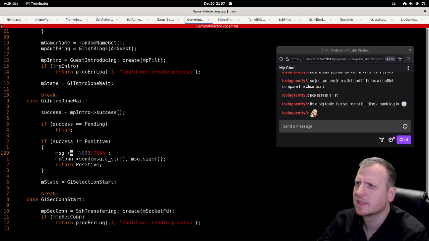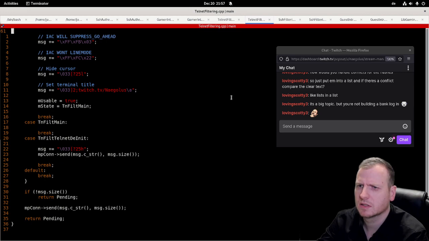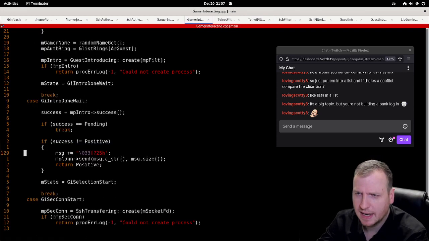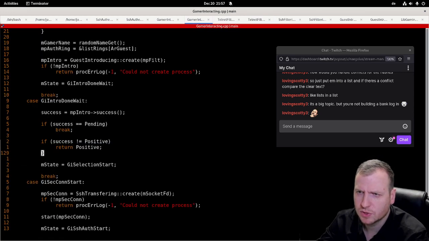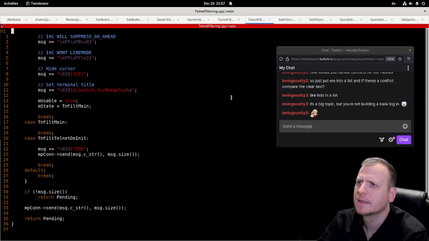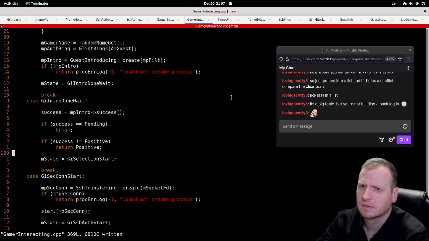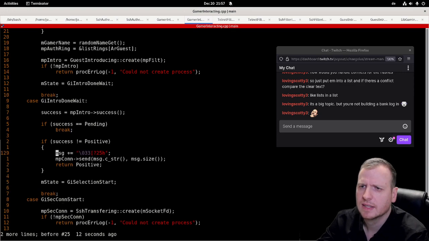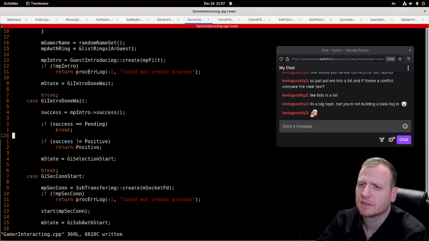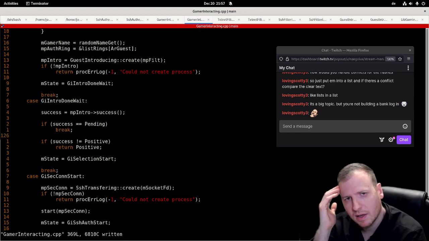I can remove this line, I think, because this line is restoring the cursor, because during the telnet init function we hide the cursor, but we don't need this anymore. This was one reason why we have